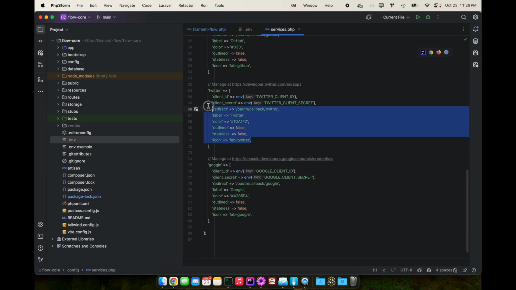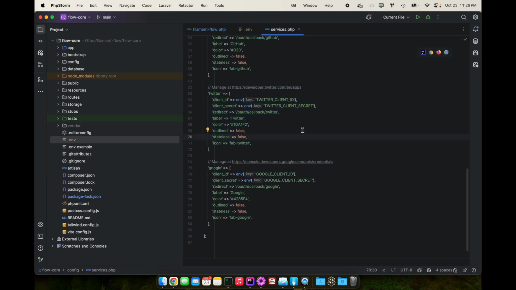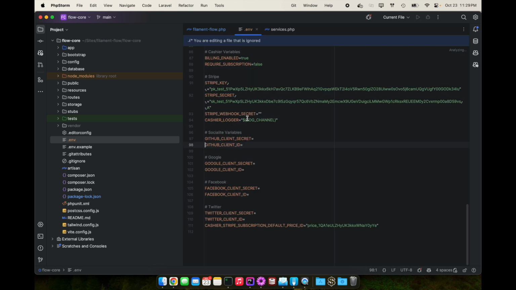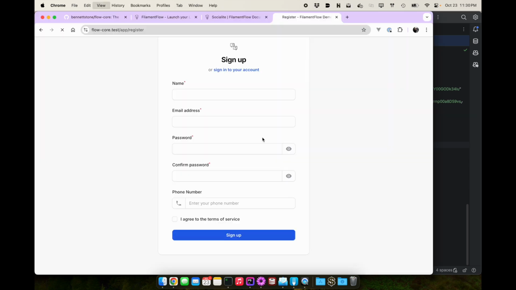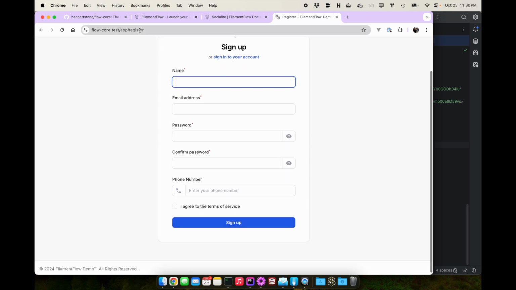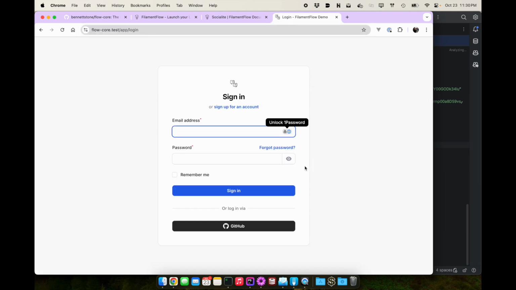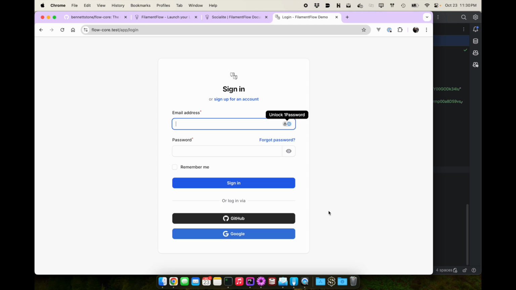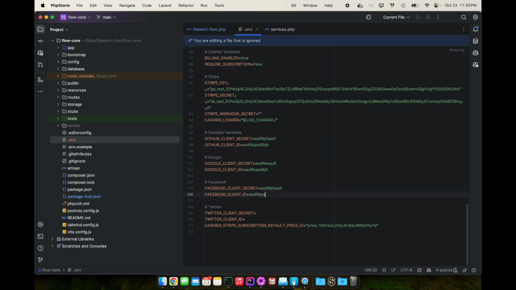And you can see here, we've also added some extra configuration option that's not typically part of the services. So here, we're just going to put in anything, and then we'll go ahead and reload. And you can see that we now have GitHub there. I'll add some random stuff to Google. You can see now we have Google, Facebook,